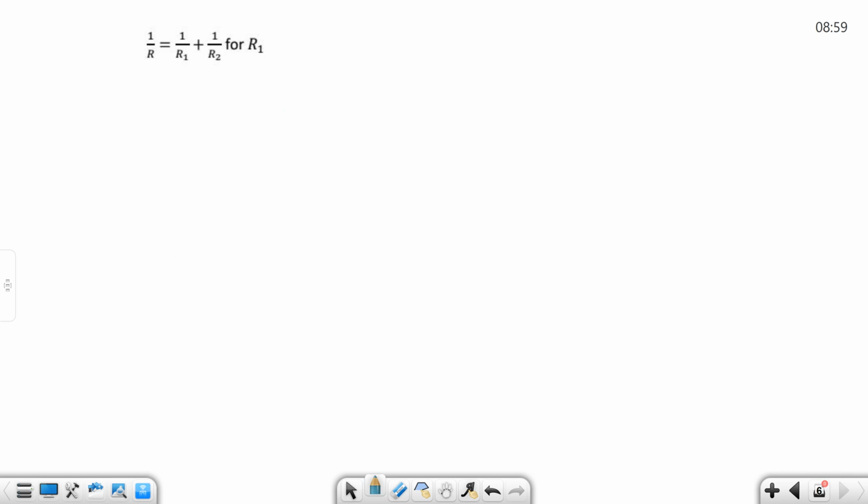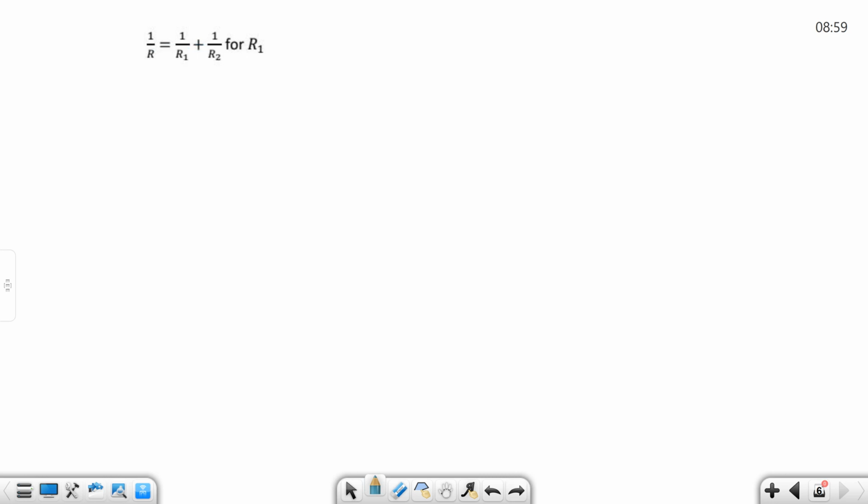1 over R equals 1 over R sub 1 plus 1 over R sub 2. This one is borrowed from physics. So you have an overall resistance, a resistance for 1, and a resistance for 2, and you can even have more. So we want to solve for R1, but when I look at this, I have 3 different things,